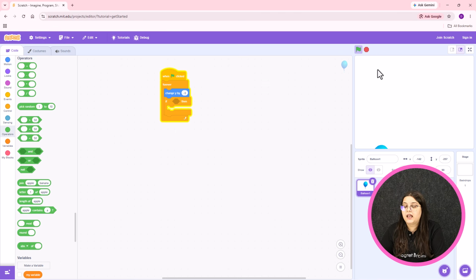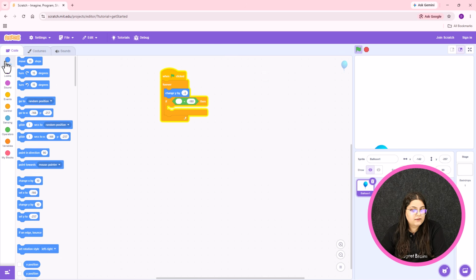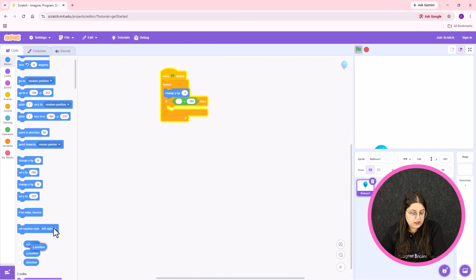I have to apply this condition. So how I will apply? I will go to this operator, select this. Instead of 50, I will put -180. And what -180? Y position. If the position of y goes below -180, go to random position where set y to 180.